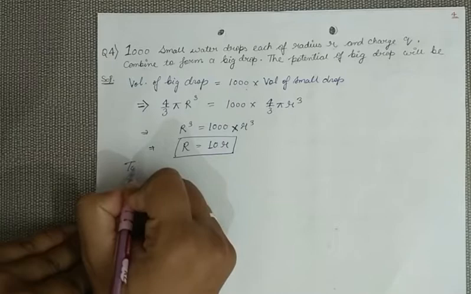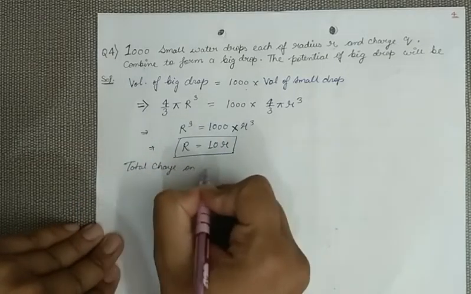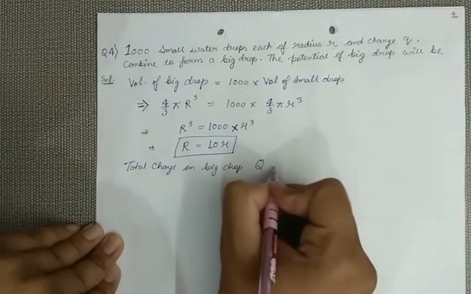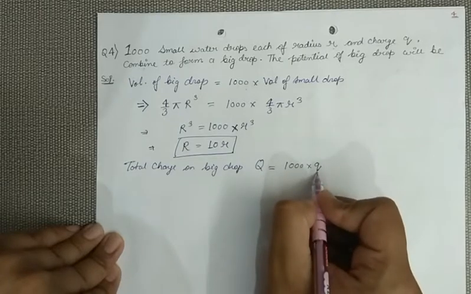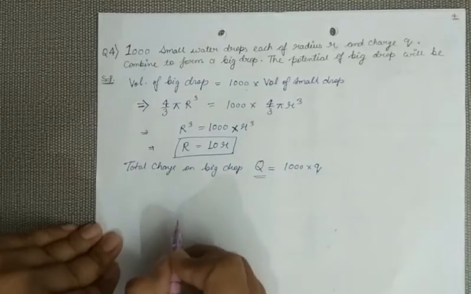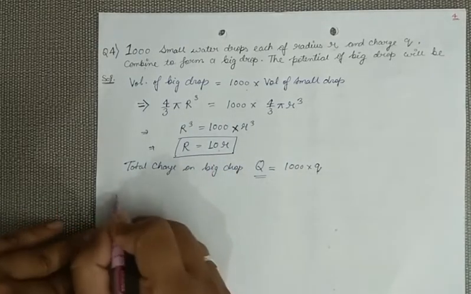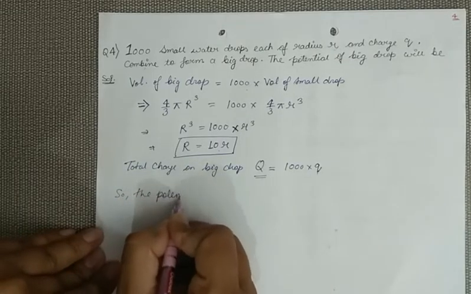So total charge on big drop. Total charge Q is 1000 times the charge on each drop, q, as the total number of drops is 1000. So multiplying this will give you the total charge. So this is the total charge, this is the total radius. So finally, the potential